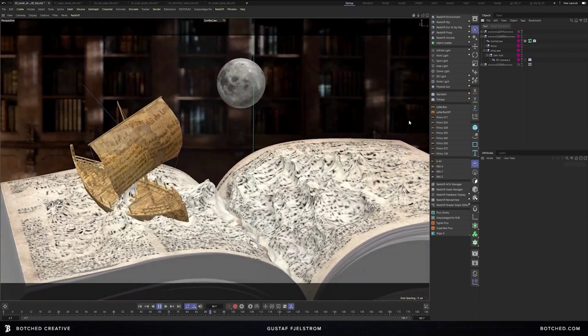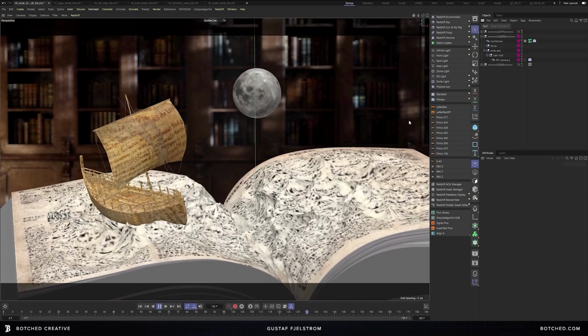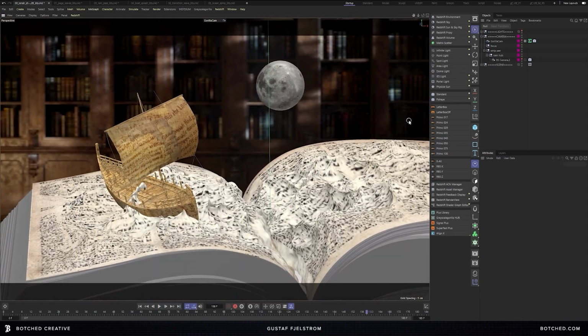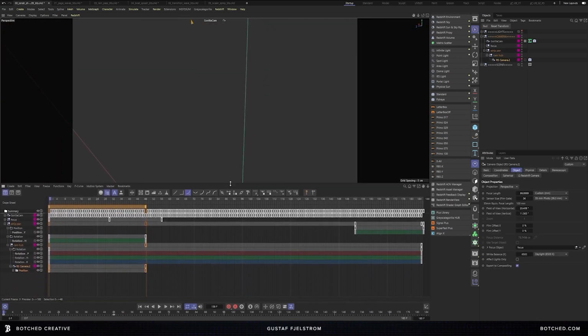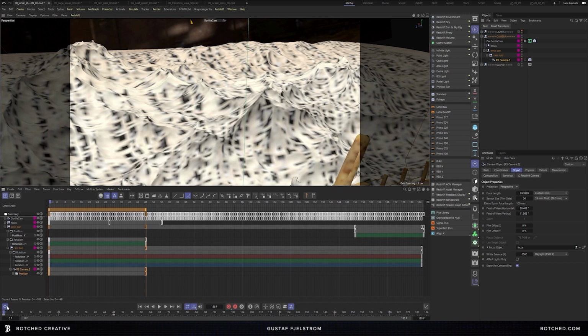This was done simply by using some nested nulls. Whenever I set up a camera rig, I usually like to set up some nested nulls just so I can control the keyframes separately and not have to worry about messing up my camera keyframes. So let me pop open the dope sheet and we'll take a look at these keyframes here. So for my camera,